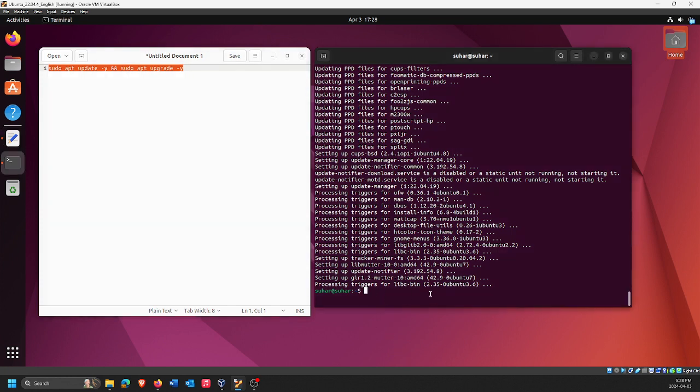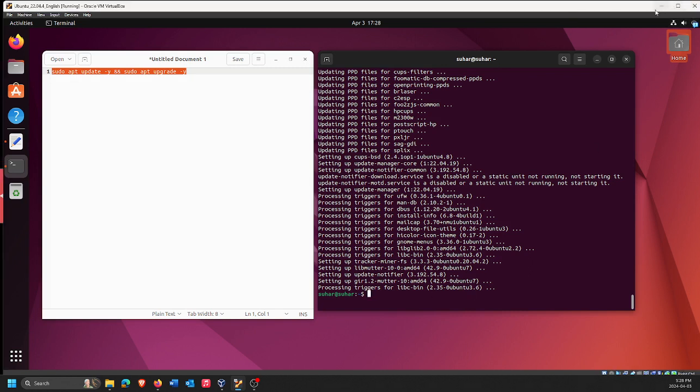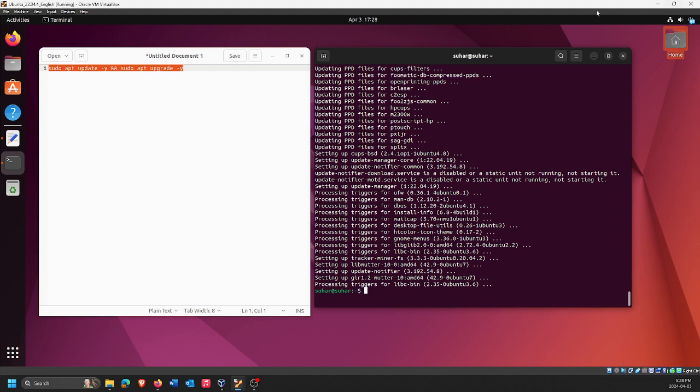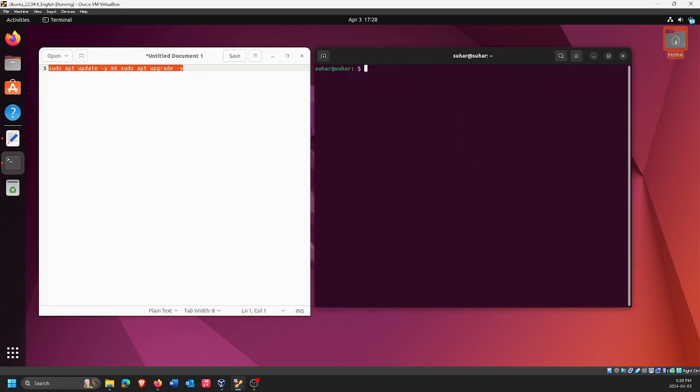Okay, so now there's one trick in VirtualBox that I want to do, that I want to enable a different kind of network settings, because for example now, let's see our IP address. Okay, so to see the IP address on Ubuntu, you have to